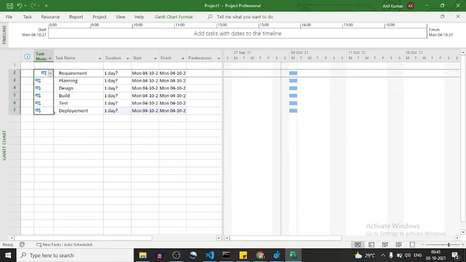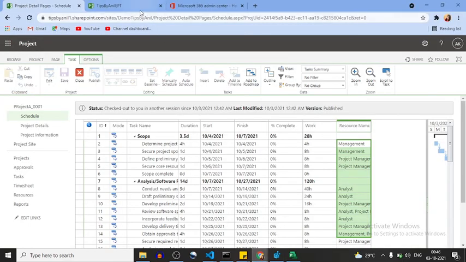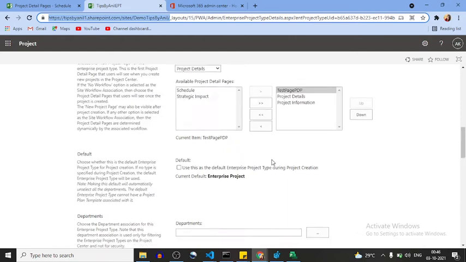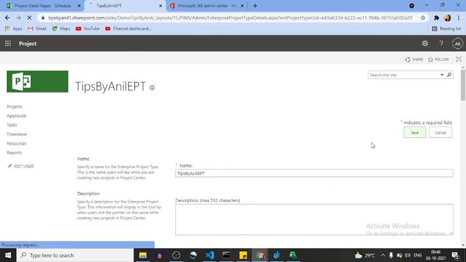So what do you mean by template? This template means whenever, let me drag it. Okay, so what does this template mean? Whenever a user creates the project using this template, this tips by Anil template, then what will happen?